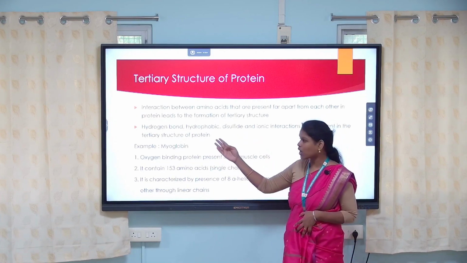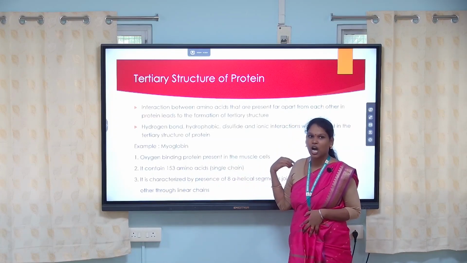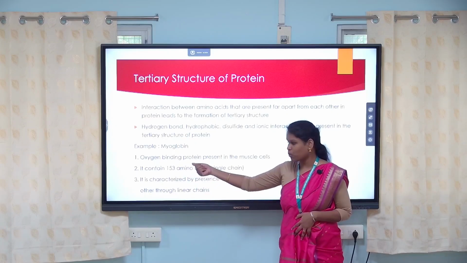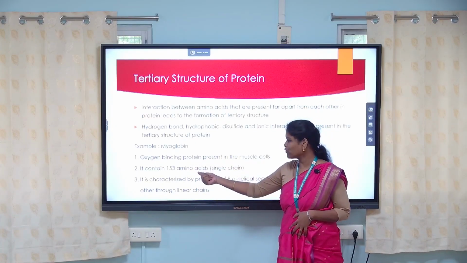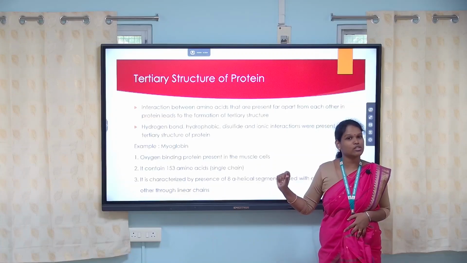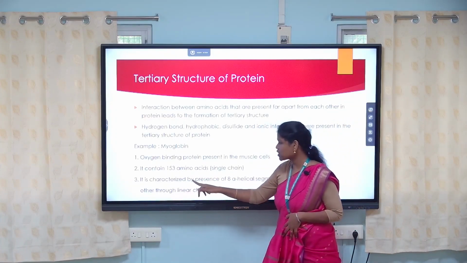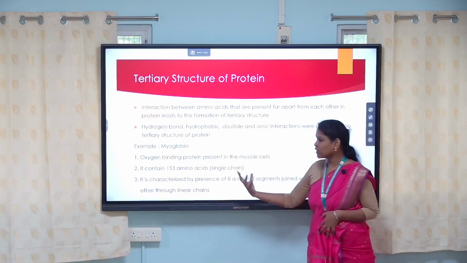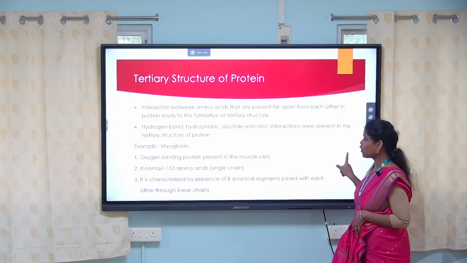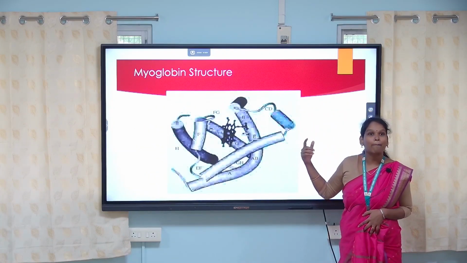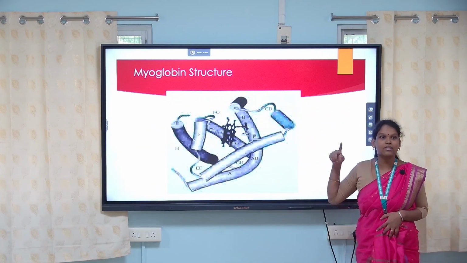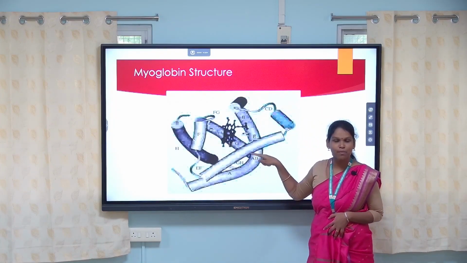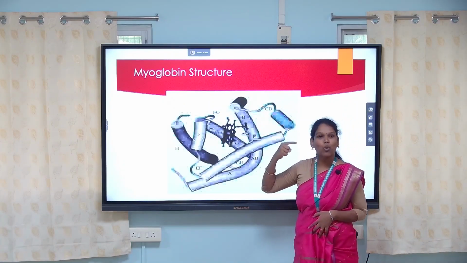The myoglobin is an oxygen binding protein. It is present in our muscle cells, so the muscle cells have that oxygen binding protein. It contains 153 amino acids in a single polypeptide chain. It is characterized by the presence of 8 helical segments that are joined together in only one linear chain of amino acids. And here I am highlighting the myoglobin structure. As I told you in the previous slide, there are 8 different segments, A to H, combined together into only one single